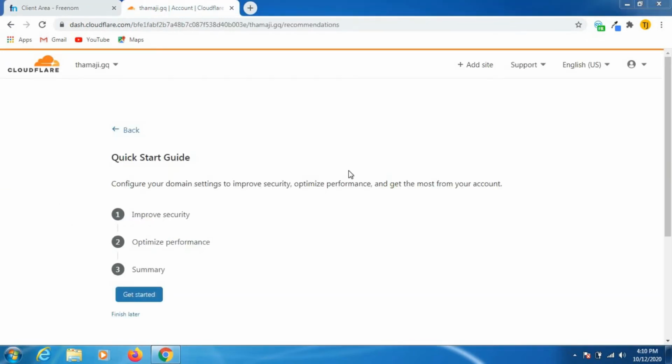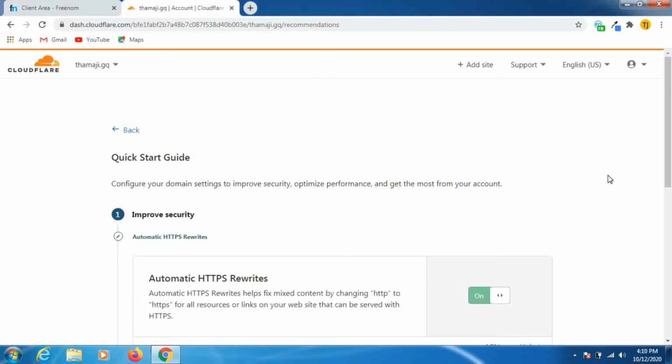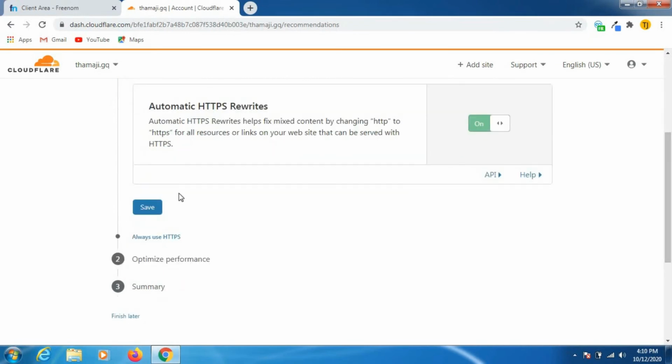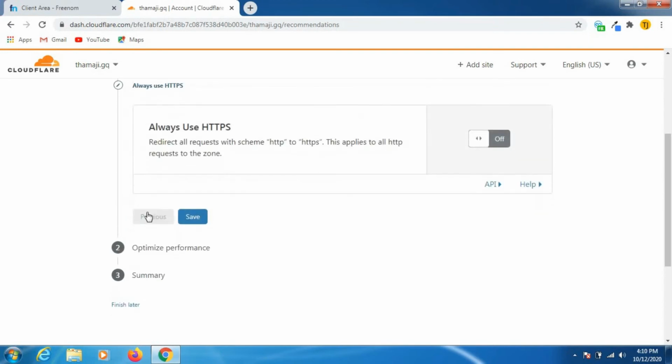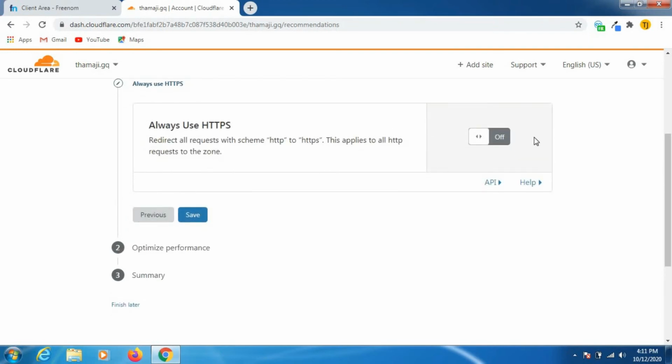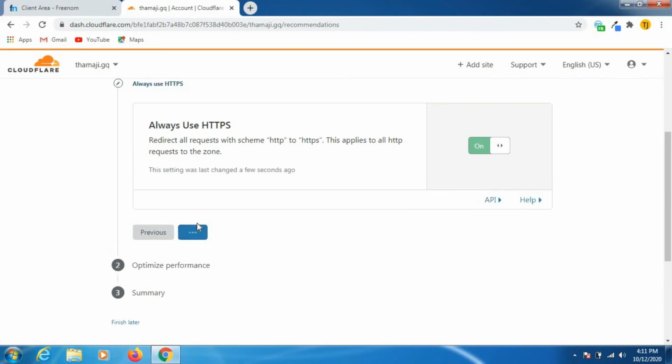After changing the name servers you'll see a screen like this. All you need to do is click on get started. As you can see it is showing automatic HTTPS rewrite. Click on the save button. You can turn on this one also and click on save.